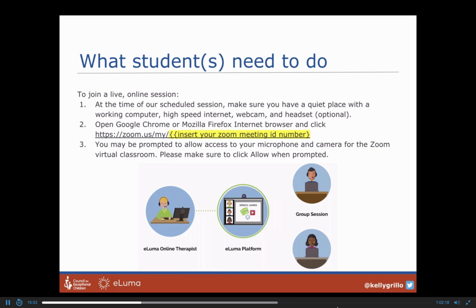Be patient with your families. They may need to do it on their phone if they don't have a great internet connection. We have families of all different socioeconomic statuses, rural versus urban, access to technology and not. I have seen a lot of schools who are checking out Chromebooks and are offering other creative solutions like that. But at the end of the day, what we're trying to do is provide the best services that we can to these kids and help their education continue